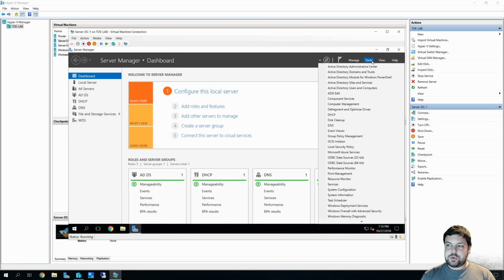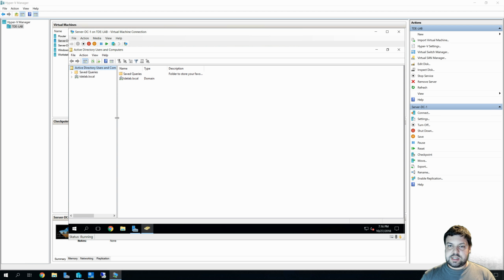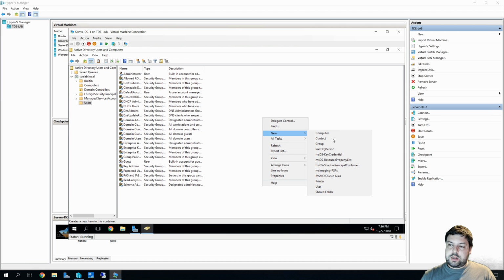So you're going to go back to Tools, and we're going to go to Active Directory Users and Computers. We'll go ahead and expand that. So as we can see, in computers, we have nothing right now. In domain controllers, we only have our one. And as for users, we have a couple of the defaults that are enabled, but we're gonna create one. So what we'll do is we are going to right click and we'll go to New User,